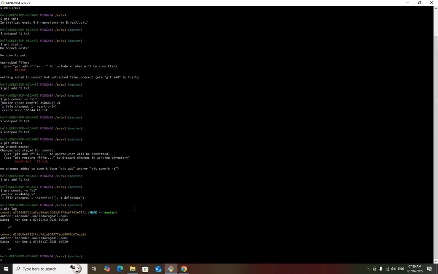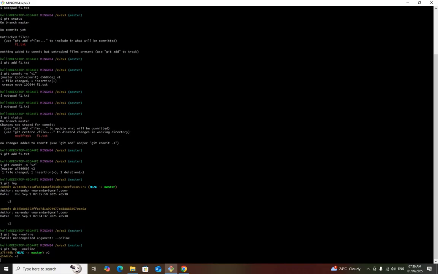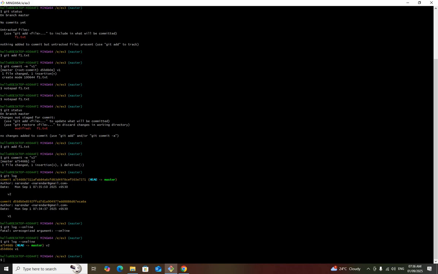If you don't want to see the whole information, like who is the author and the date, you can type git log --oneline and you will be able to see it in one line. See, these are the version IDs. You have to use these version IDs to roll back. Presently we are at version 2.